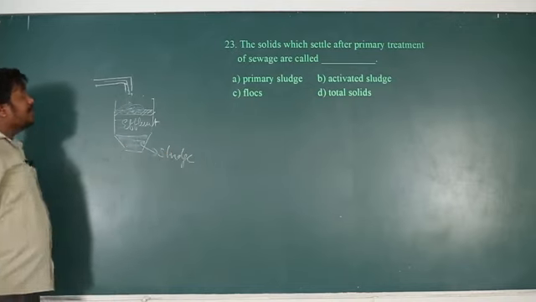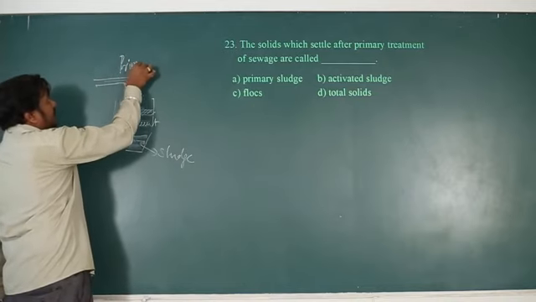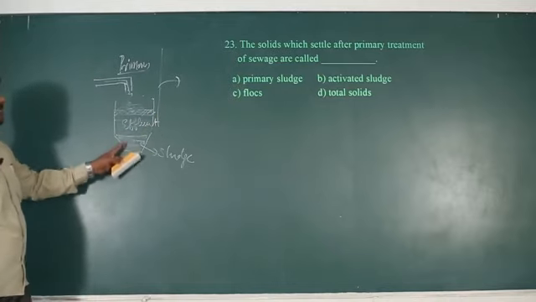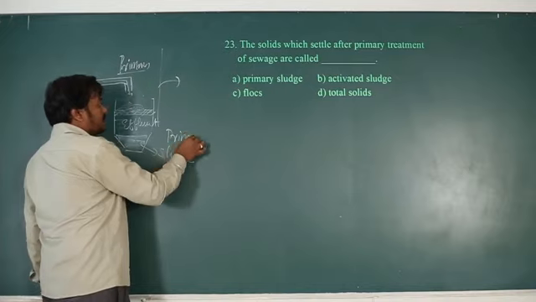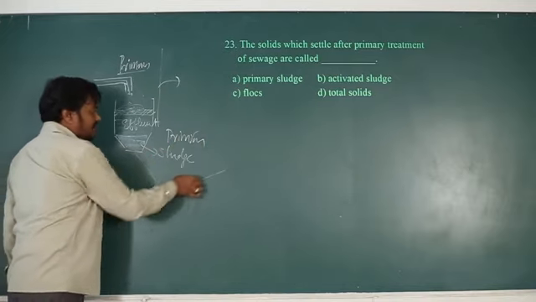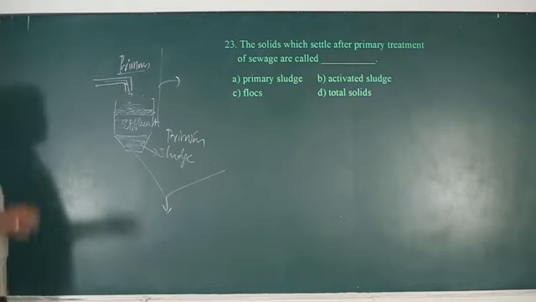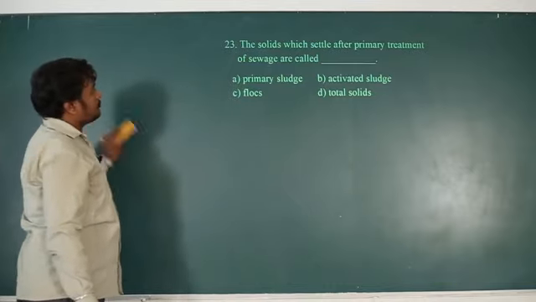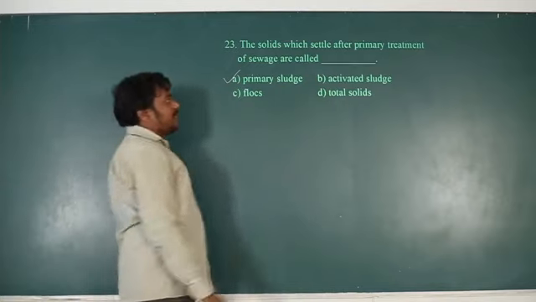sludge. Okay, and this sludge is produced during primary treatment. What comes from here onwards is secondary treatment. So primary treatment produces the sludge, that's why it is called primary sludge. Later, after the secondary treatment, this primary sludge and secondary sludge are mixed together in an anaerobic digester to produce gas. Okay, so it is primary sludge. So activated sludge, it consists of